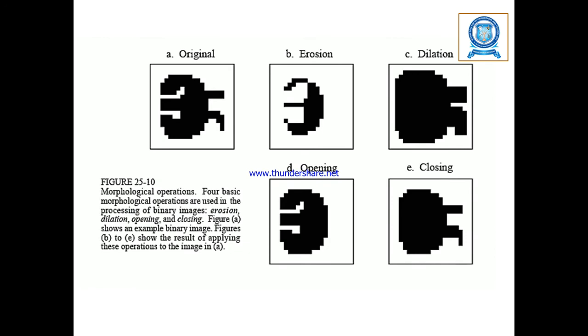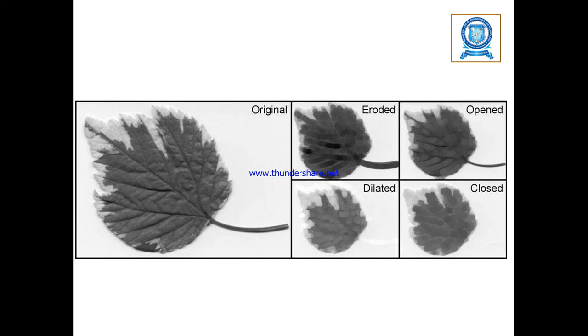From the end you can see how the image is finally obtained by applying all these processes. In another example, we take an original image and it is eroded by the erosion technique, dilated by the dilation technique, and finally opening and closing techniques are also applied to the input image.